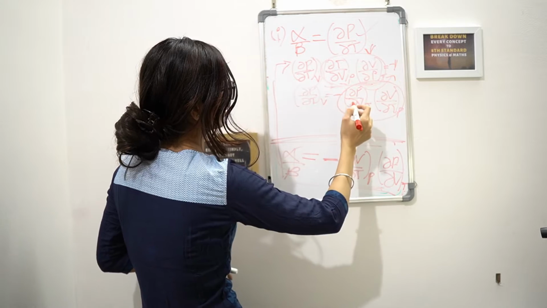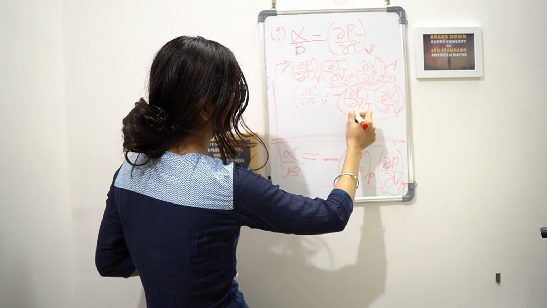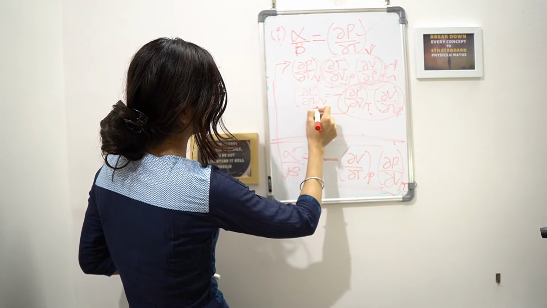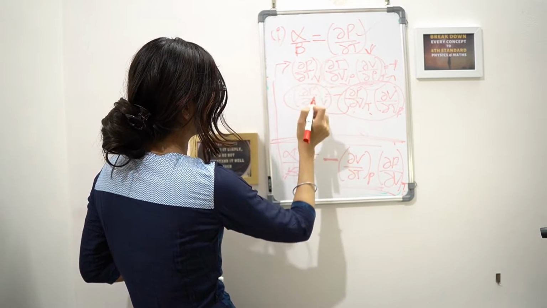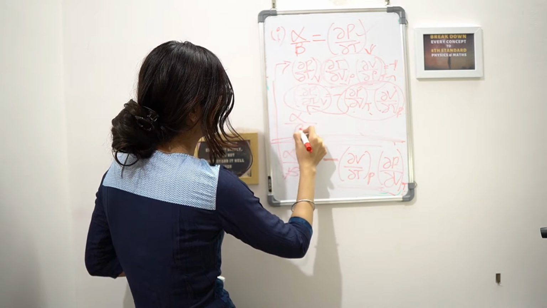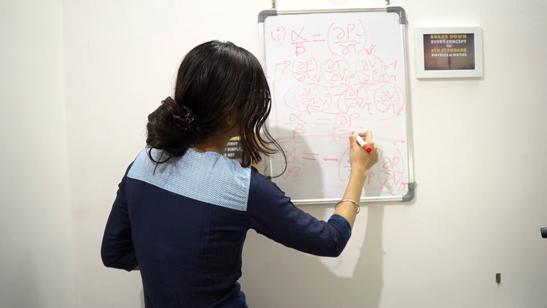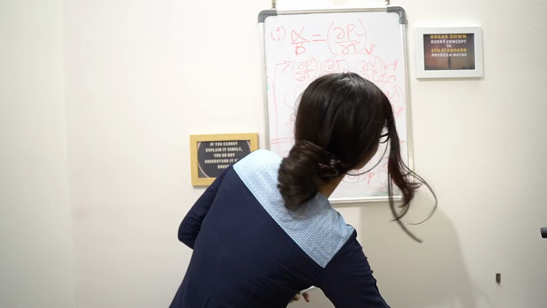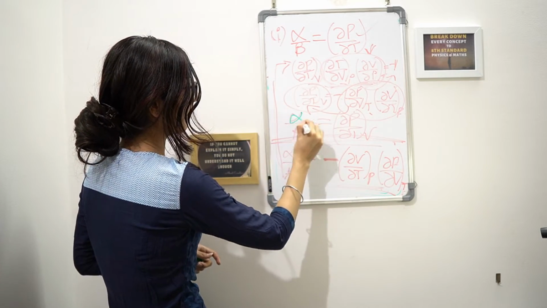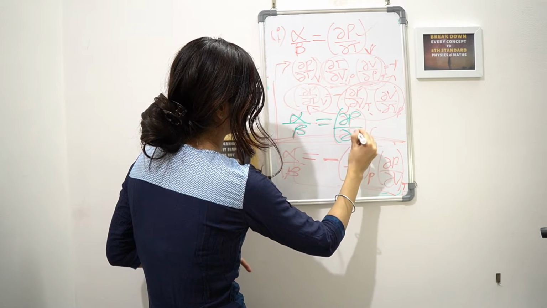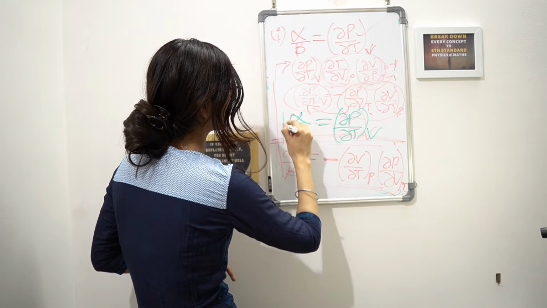So which is what? It is minus del P by del V at T and del V by del T at P, which is equal to what? Del P by del T at V. So can I write alpha by beta is equal to del P by del T at V? Guys, tell me. Alpha by beta is equal to del P by del T at V. So this is the final formula.